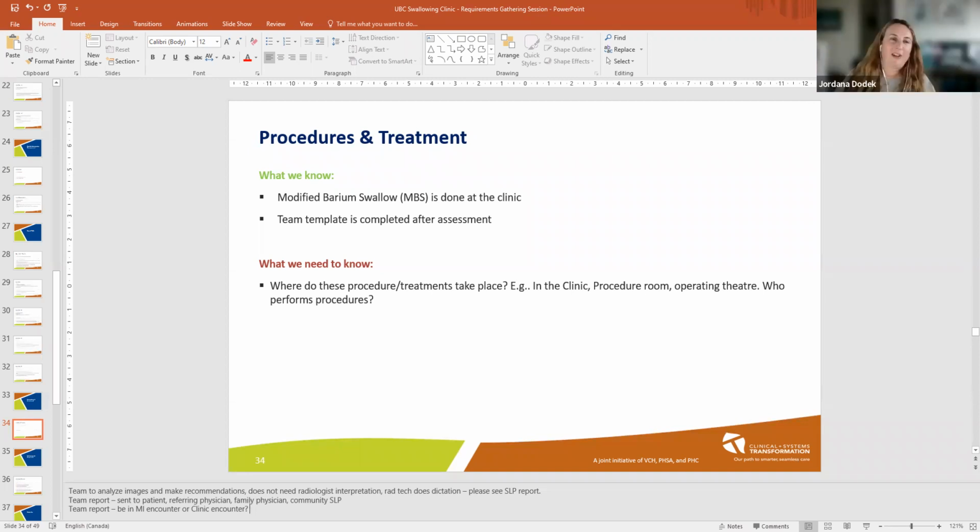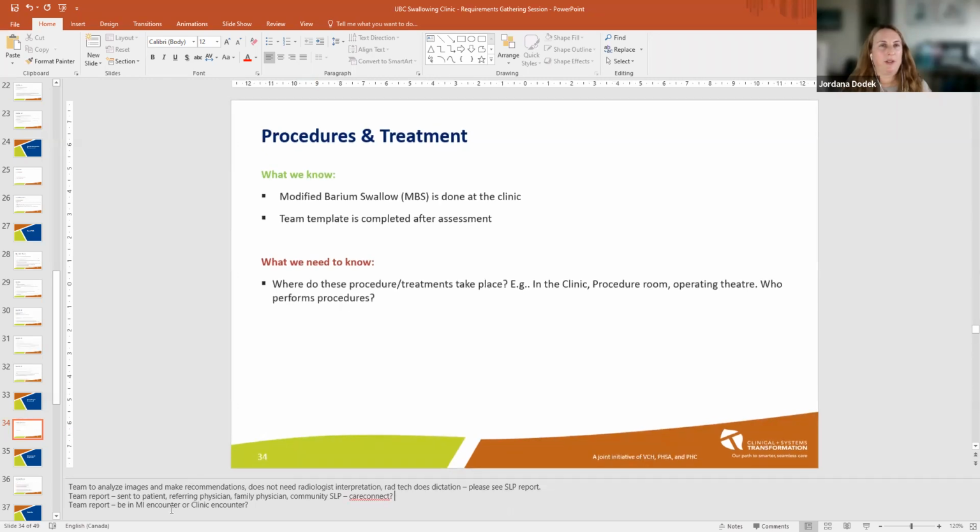I think PACS would only have the imaging and the radiologist dictation, but it won't have yours. So that's why I was curious about it. It'd be nice to do the same as whatever is currently working in place in the Lower Mainland. Well, the good thing is that going forward, when you do your note, we can have it distribute automatically to those people as well as live in Care Connect, and it'll go out through Accelerus. So I think that'll be a big win, but we just need to figure out which encounter it's sitting on.